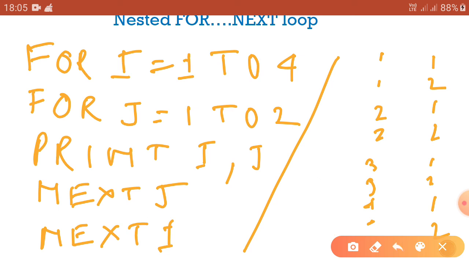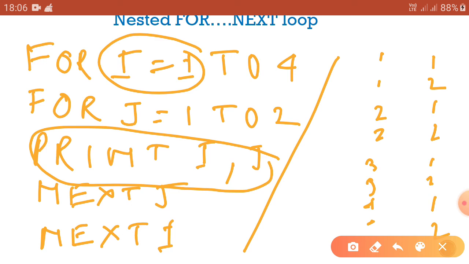Okay, so here when I equal to 1, j gets the value 1. Okay, and the values of I and j, that is 1 and 1, are displayed. Got it? Because print I comma j, so the values of I and j will be printed.